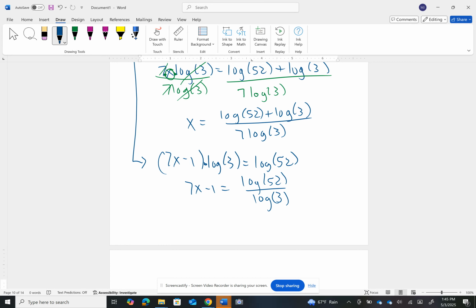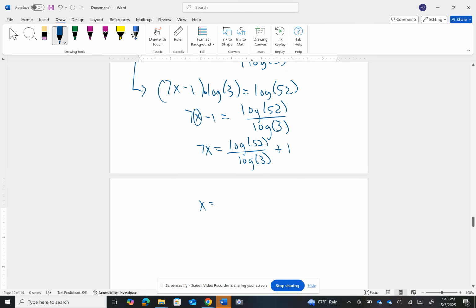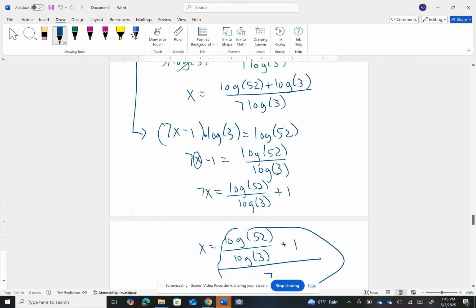And then at that point, you would want to work towards getting x by itself. So you'd add 1 to both sides. And then you'd have to divide by 7. And so you'd get a complex fraction in this case, because you'd have this fraction and then divided by 7. So that's not normally what you could leave as a final answer. So if you had done it that way, you'd need to be able to look at that and see that it was equivalent